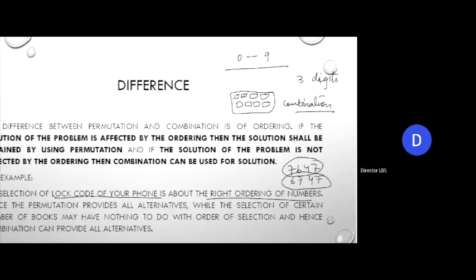It doesn't give any cake a privilege that the cake which is picked up first will be eaten first. There's nothing like it. So in that case, order doesn't matter at all. So that becomes a problem of combination. फिर से मैं बता रहा हूँ, permutation and combination are nothing. They are just counting principles, and they count all the possibilities, all the alternatives of a selection process. तो ये सिर्फ alternative list करते हैं, decision making tool नहीं है, right?